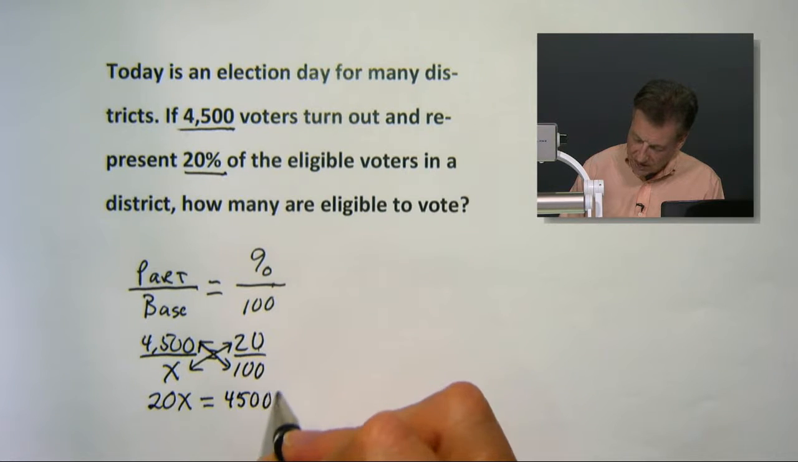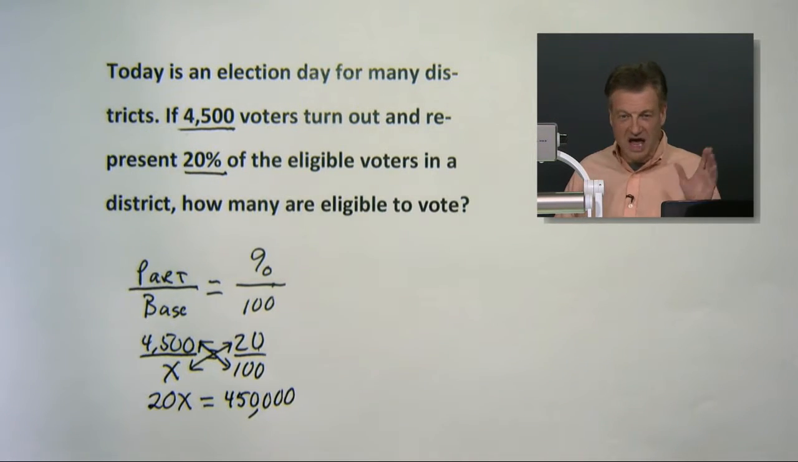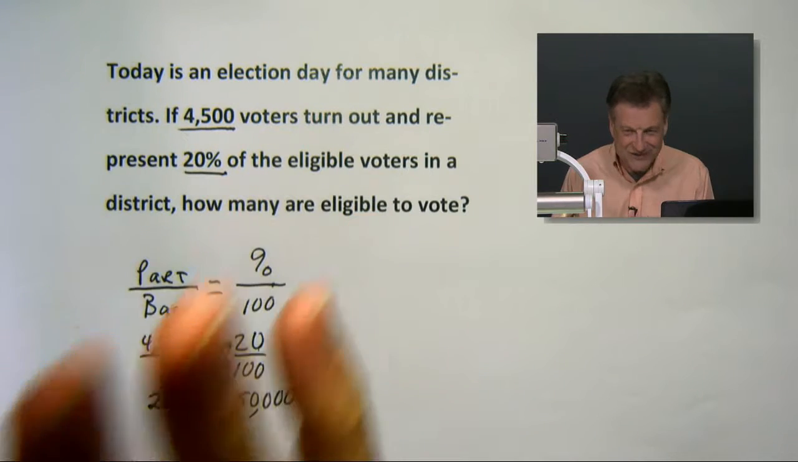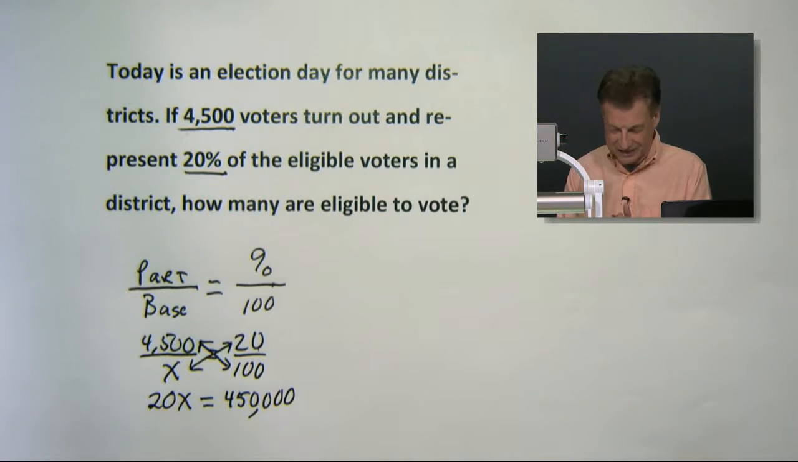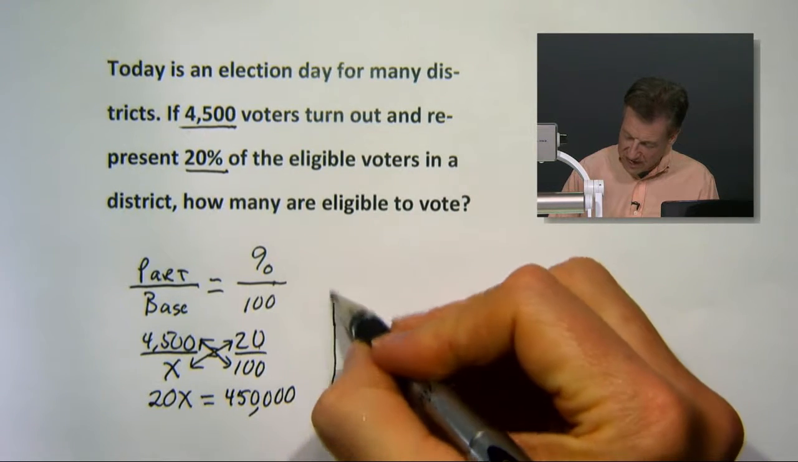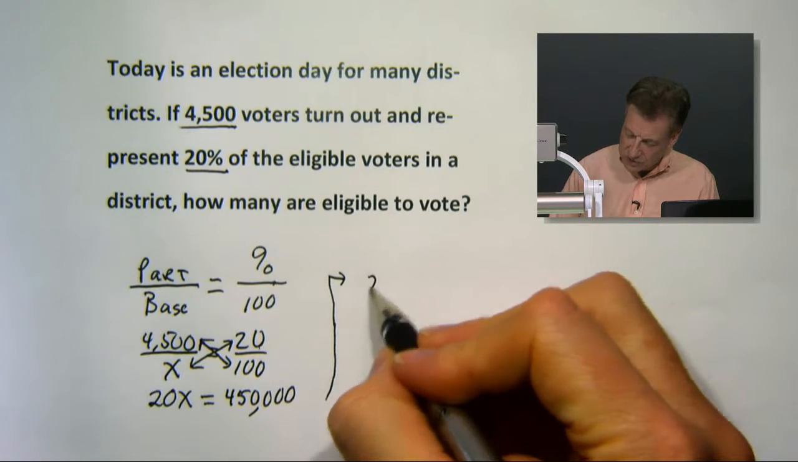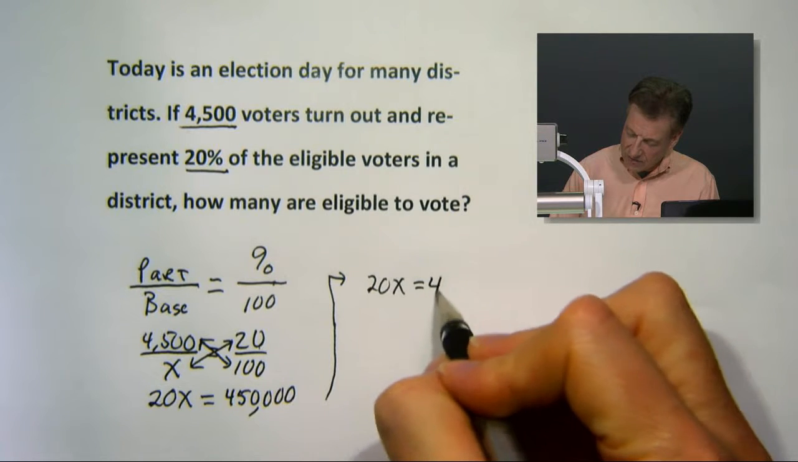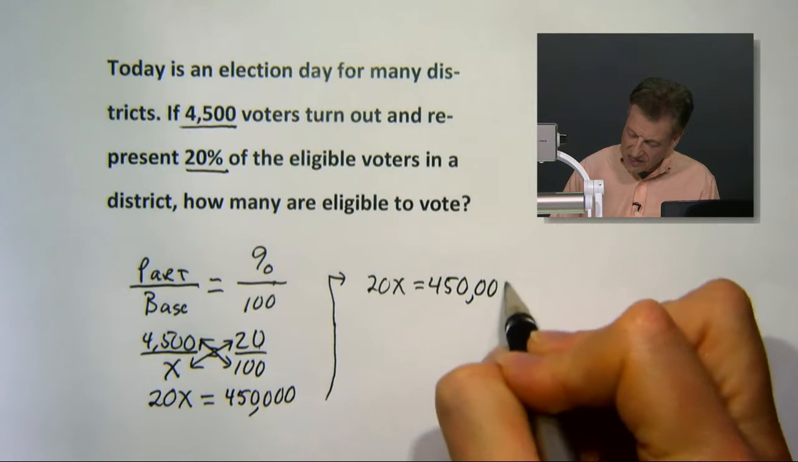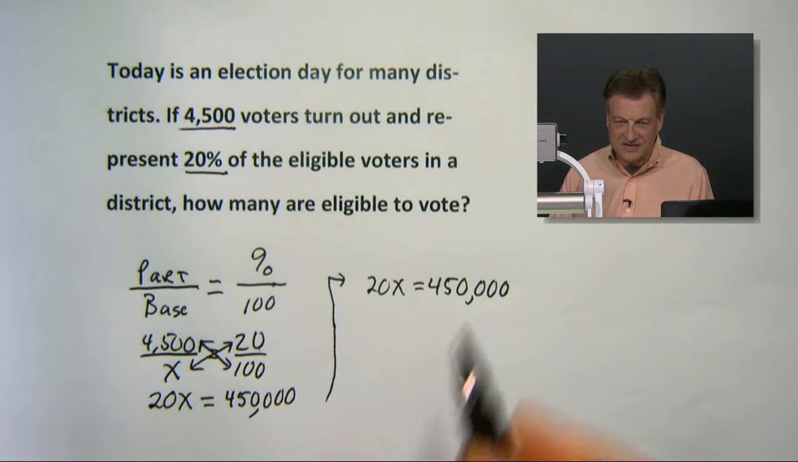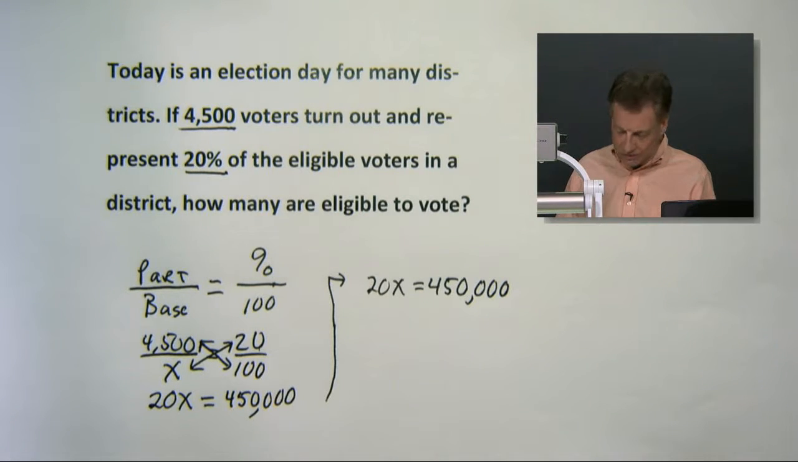How about 4 of them? Now, folks, we're not there yet, okay? We've still got to go a little bit to get to the final answer here. So let's pull it right up here. I'm about to run out of room on this page. So we got 20x equaling 450,000. And we're going to figure out what this x is, the number of eligible voters,